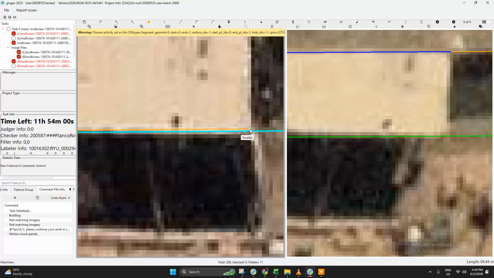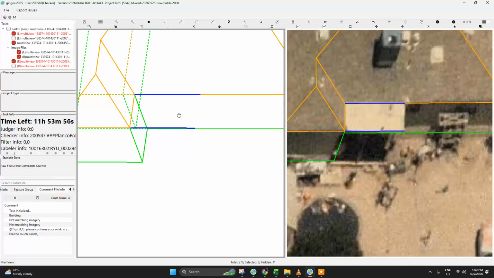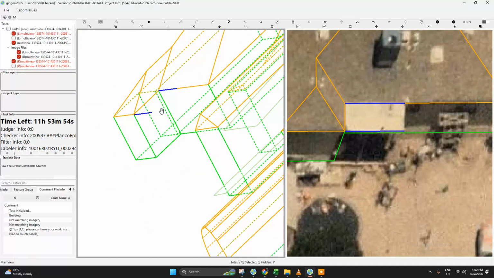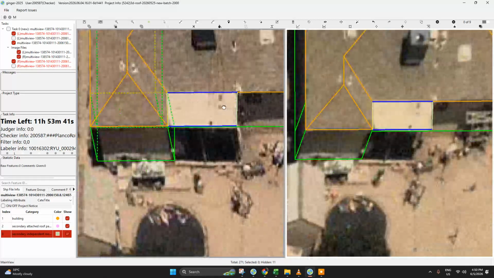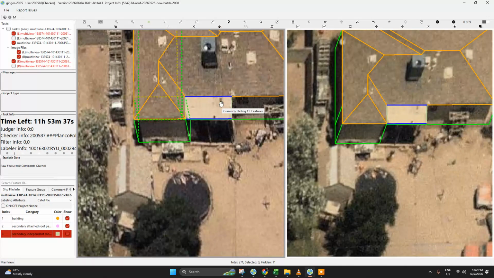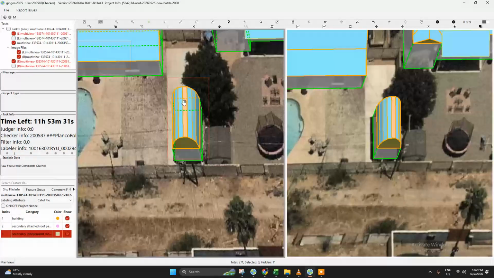It needs to be straight, and adjustment on the left side. So let's see. I think this will do. And let's try to draw. Okay. So let's check if it has a slope. If it's blue, it has a slope. If it's orange, then it's flat. So make sure this is flat.